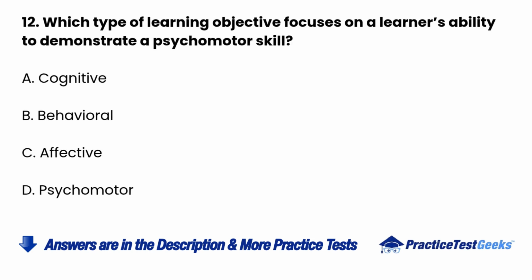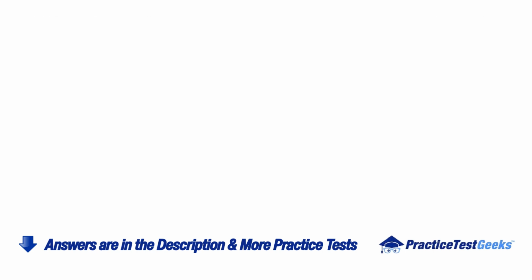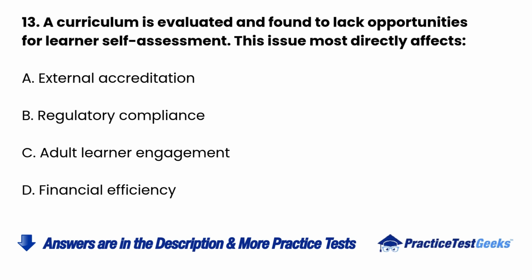12. Which type of learning objective focuses on a learner's ability to demonstrate a psychomotor skill? A. Cognitive. B. Behavioral. C. Affective. D. Psychomotor. 13. A curriculum is evaluated and found to lack opportunities for learner self-assessment. This issue most directly affects